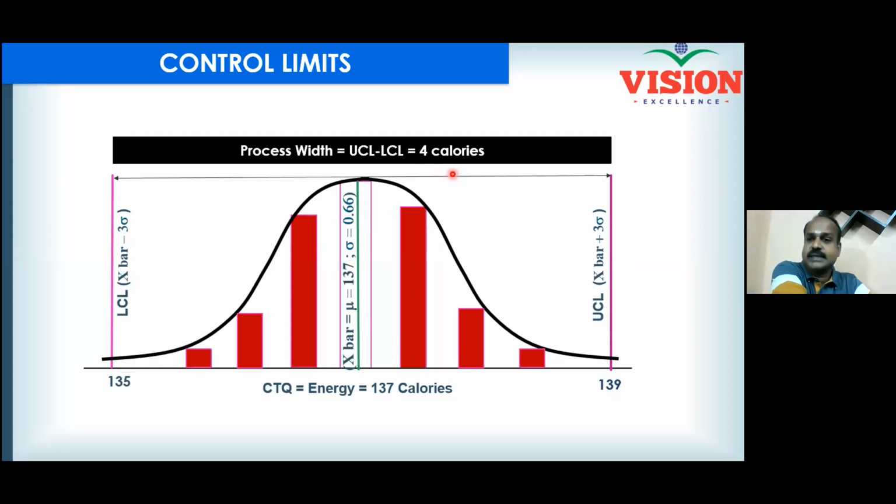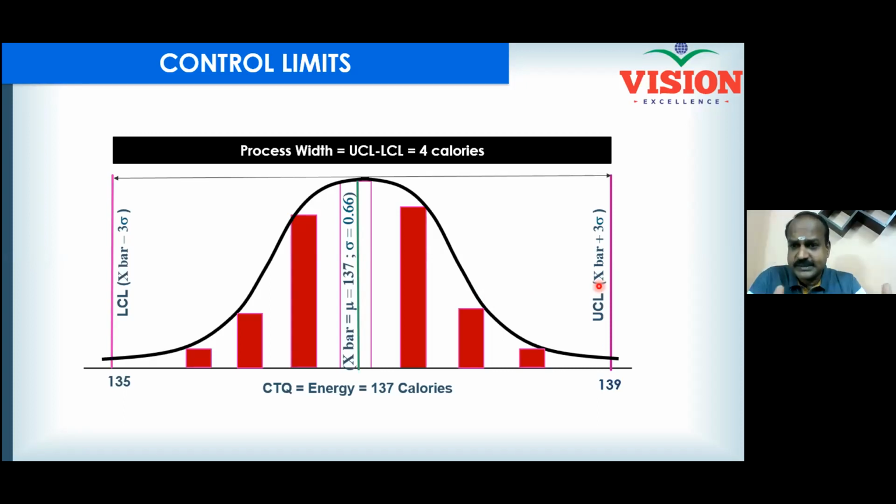Now I want to understand how good is my process. If I want to understand how good is my process, I have to overlap my control limit and the specification limit. And now with your knowledge of normal distribution, tell me what proportion of points will fall inside your control limit, or what percentage of points are expected to be inside the control limit. Can you tell me the percentage we learned in the beginning? 99.73. Very good, beautiful.